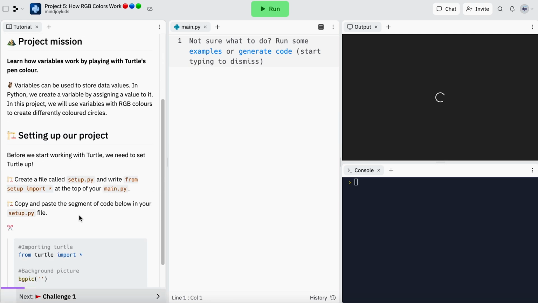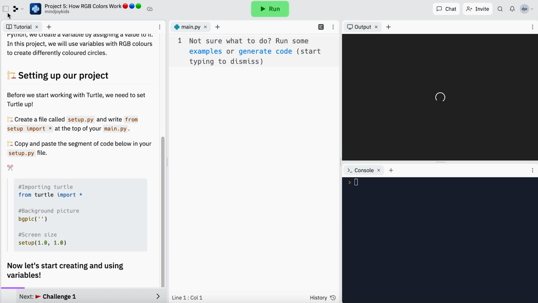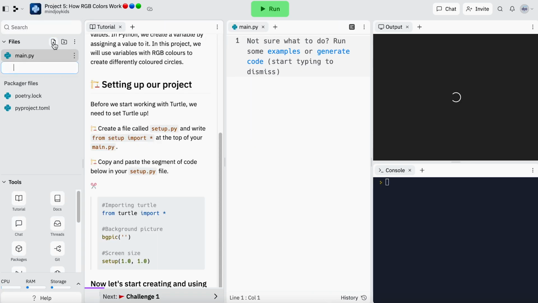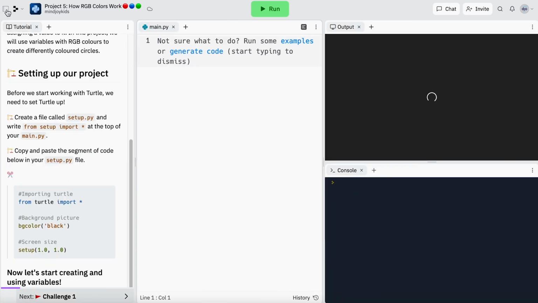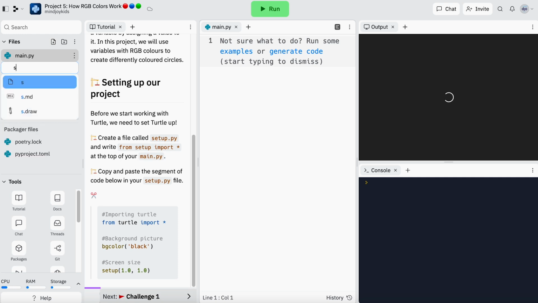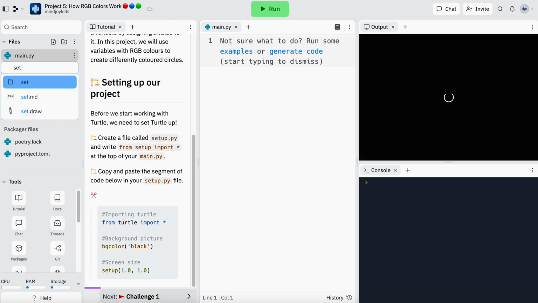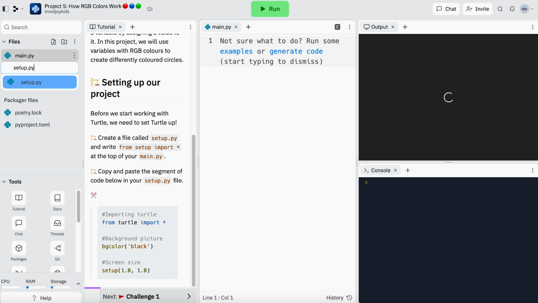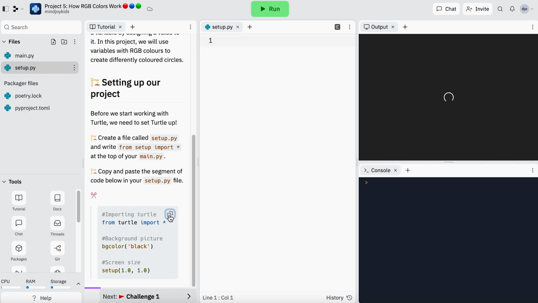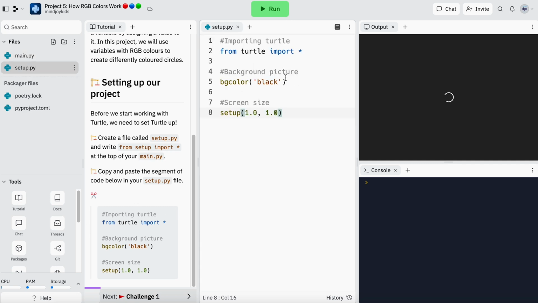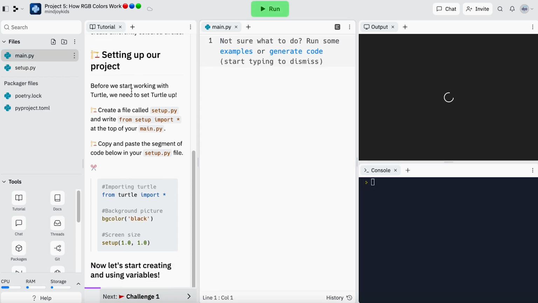So setting up our project, as usual, and we should be pretty good at this by now, we're going to set up py. We've done this a few times now, so we've got our repetitions in. You may notice that our background will be black, and then we're going to go to our main py and add our from setup